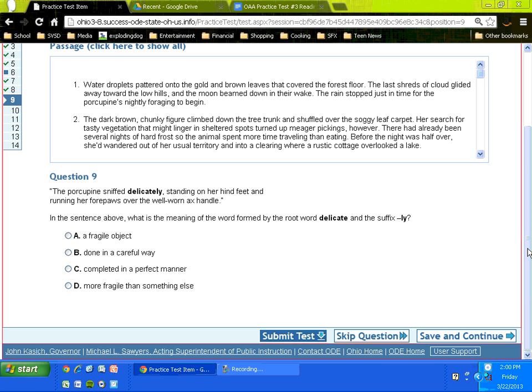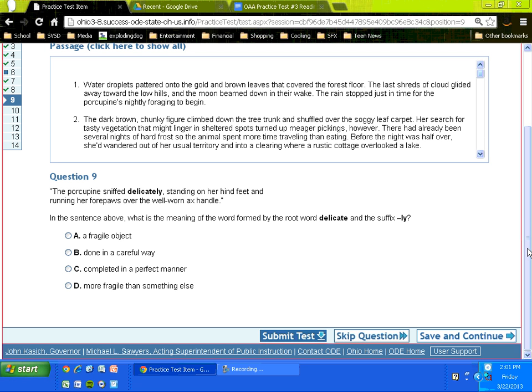Look at A through D. How did my knowledge of adverbs and the fact that we're talking about verbs help me narrow down my selections? I can knock out 2 right off the bat. Mark, why am I knocking out A? Has nothing to do whatsoever with verbs or actions. So A is gone. Which other one is gone for the same reason? D is gone because more fragile than something else is talking about adjectives and nouns. So look at that. Part of speech knowledge can narrow you down to 2 choices right off the bat,